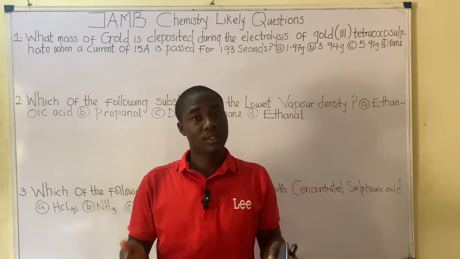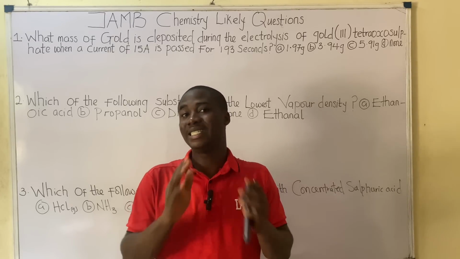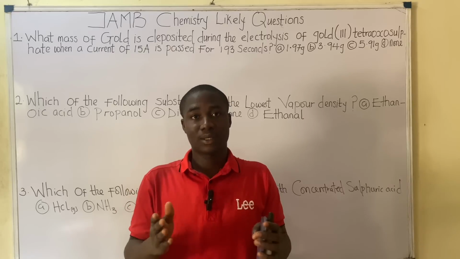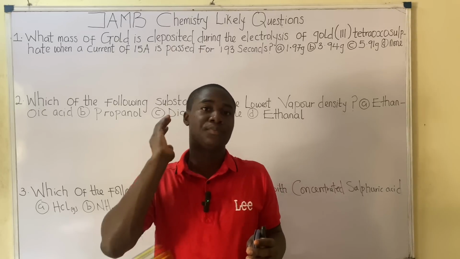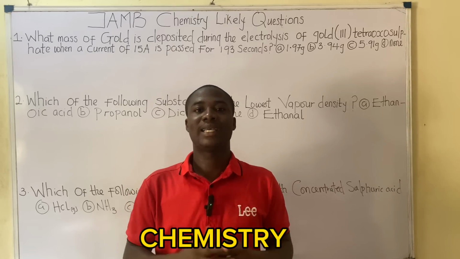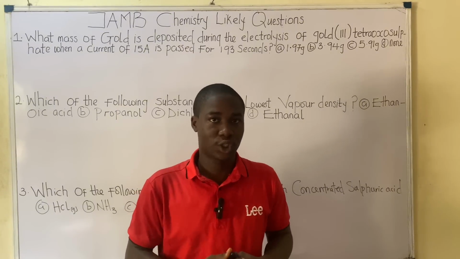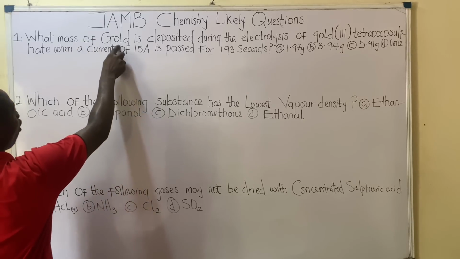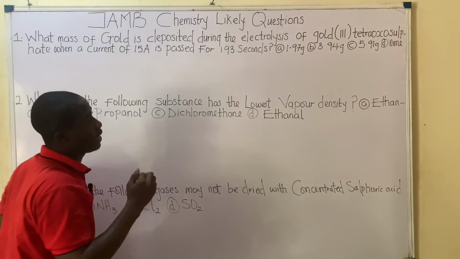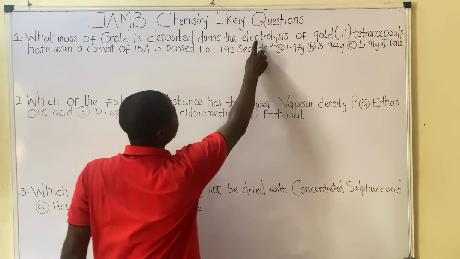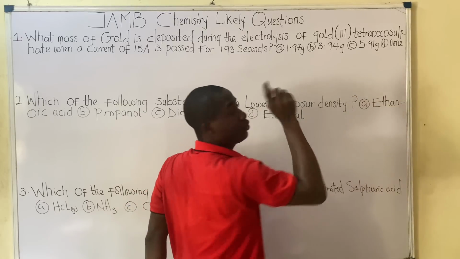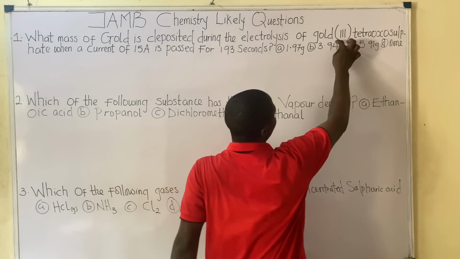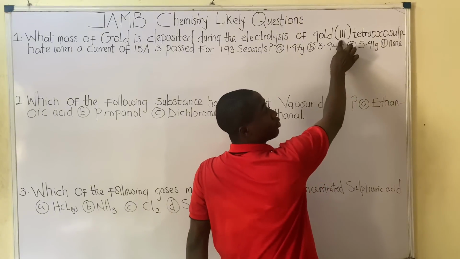In the course of this video lesson, I'll be solving different practice questions that cut across different topics in chemistry. So let's get into the first practice question. And the question says, what mass of gold is deposited during the electrolysis of gold 3? Please note this, gold 3, Roman figure 3,